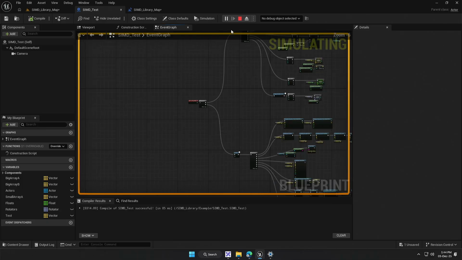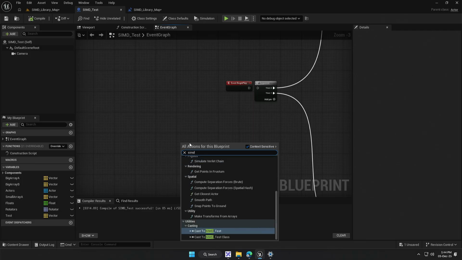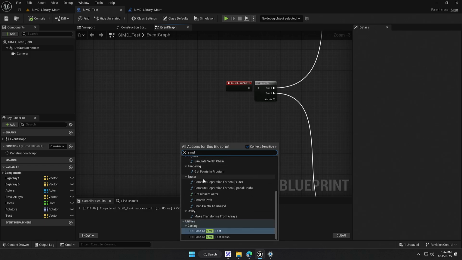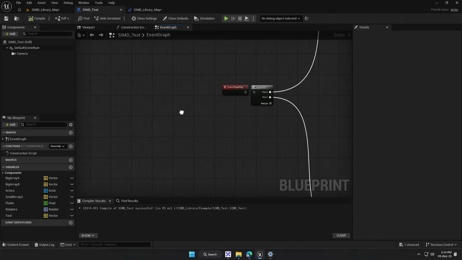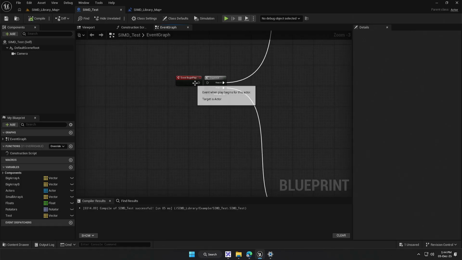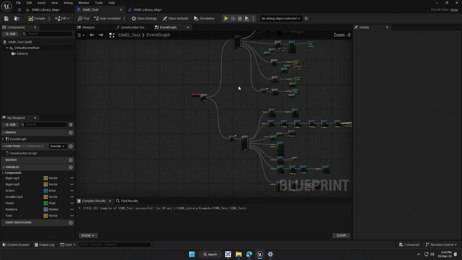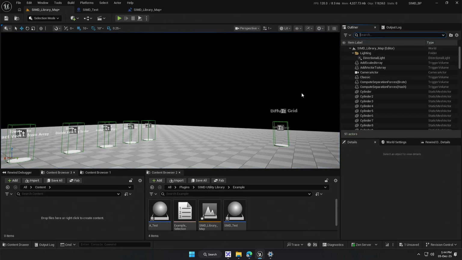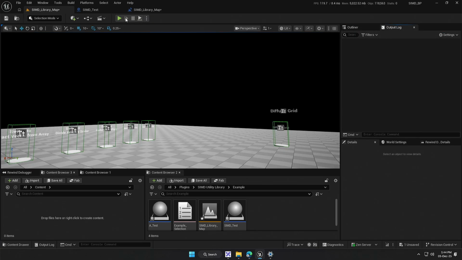If you ever want to, you can close this. If you ever want to see whatever this plugin has to offer, you can just type SIMD. Everything in SIMD BP here is the functions, and you can see the stuff in here. The last thing that we're going to cover is enabling the mass activation of all of these functions, and we're going to go to the output log. I'm just going to clear it, press play,